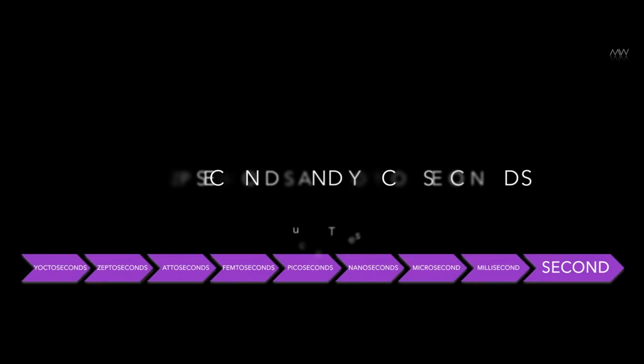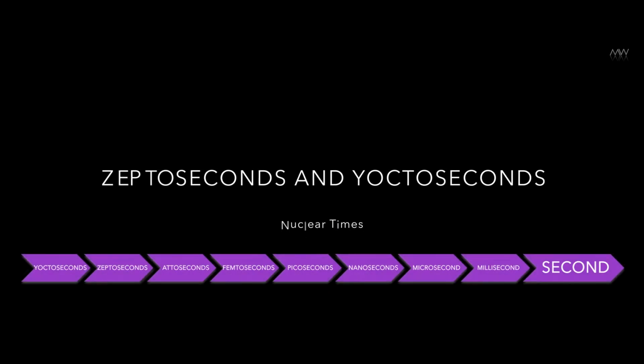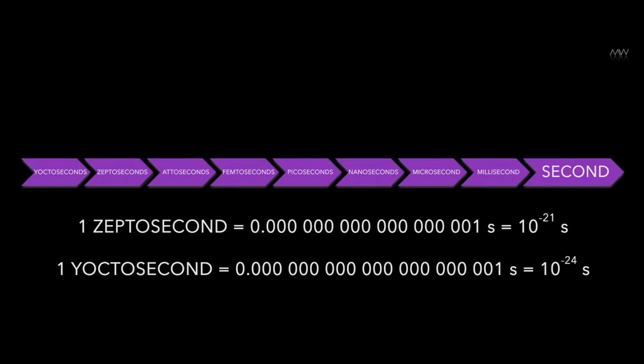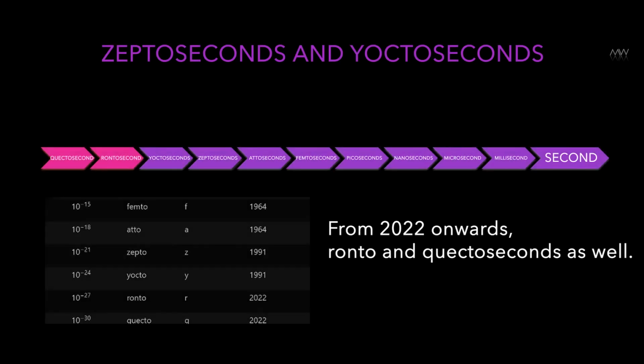So let's move on. It would seem like where to go next. We've already expanded time incomprehensibly enough. We now take one attosecond and split it into another 1,000 parts. That's called a Zeptosecond. And then another 1,000 parts is called a Yoctosecond. 3 years ago, that would have been the end of it. But in 2022, physicists thought, we need even less, and officially introduced the new prefixes Ronto and Quecto seconds.